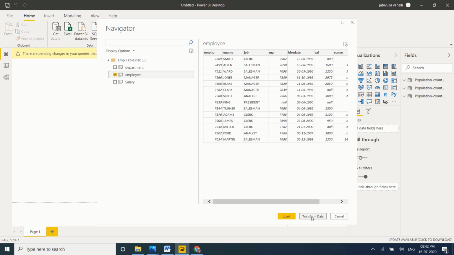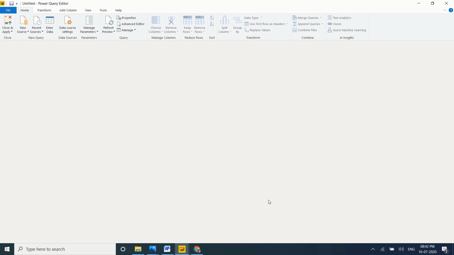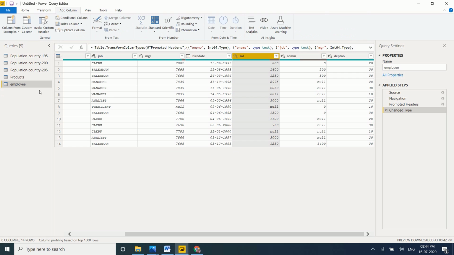Employee table, transform data. If you want your own calculation, then we can write a blank query, and that blank query we can invoke to this table and we can calculate it. Let me show. That is nothing but custom invoke function.